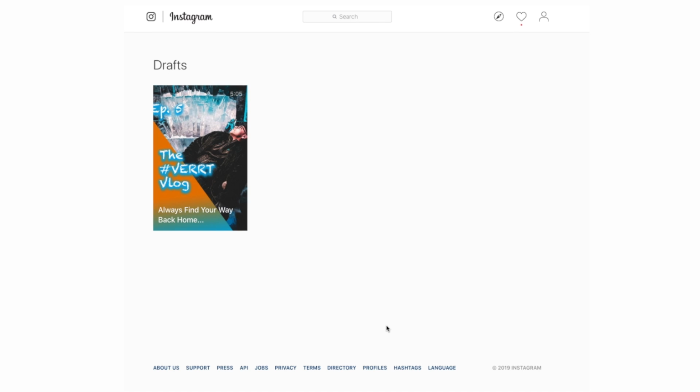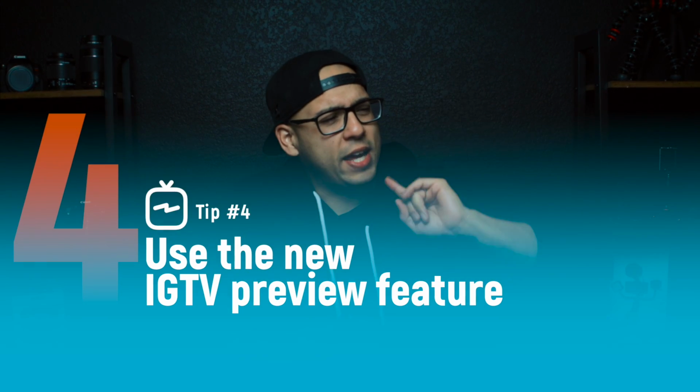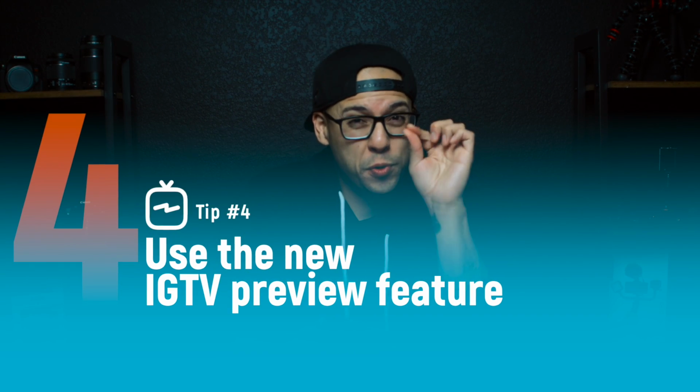So the cool part is you can refer to your drafts and see if that thumbnail looks good on the UI, and if it does, sweet, post it away. But let's say it doesn't look good, you didn't follow the safe zone, well, you just have to delete it, make another thumbnail, pop it back up, rinse and repeat, all that goodness. You're welcome. Moving on. And tip number 4, I'm not gonna get crazy into it, but it's super important to